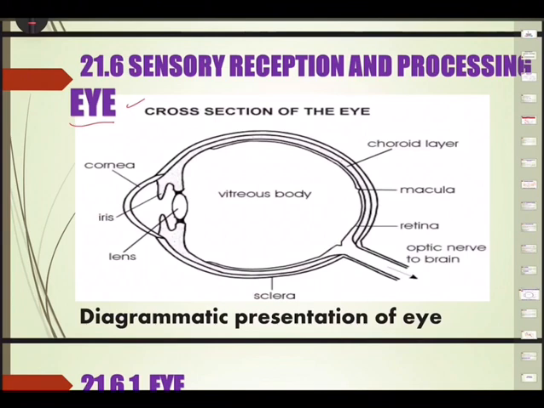So the horizontal section shows the following parts. The first one, the sclera, the outermost layer. Our eye has 3 layers. If you have observed in the diagram, sclera is the first one, choroid layer is the second one, and the retina itself is the third layer with a macula. And then the most important one in our eye is the lens, in the anterior portion of the eye with the iris. It's a muscle, the iris muscle, and of course the cornea, which is like a shutter in the camera.